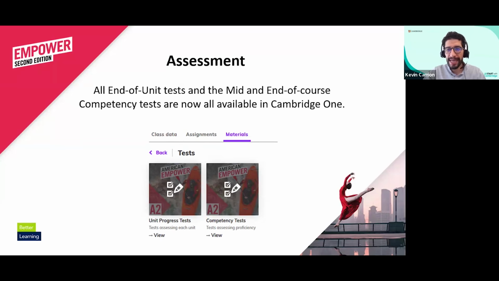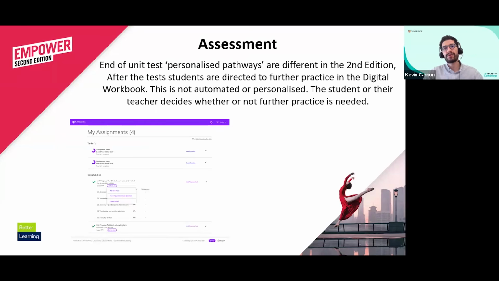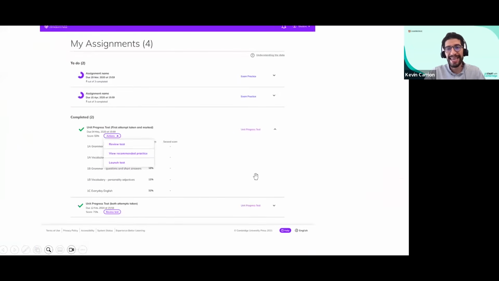So this part of the assessment is one of the key features I just wanted to mention. That's why I started with that one. And here we can see how the teacher will see these assignments. Something to point out: for both unit progress tests and competency tests, the teacher can download the resource from Cambridge One, or the teacher can assign them digitally to the students.